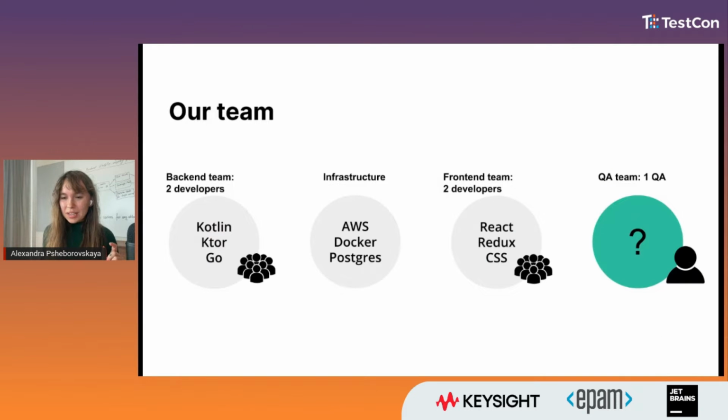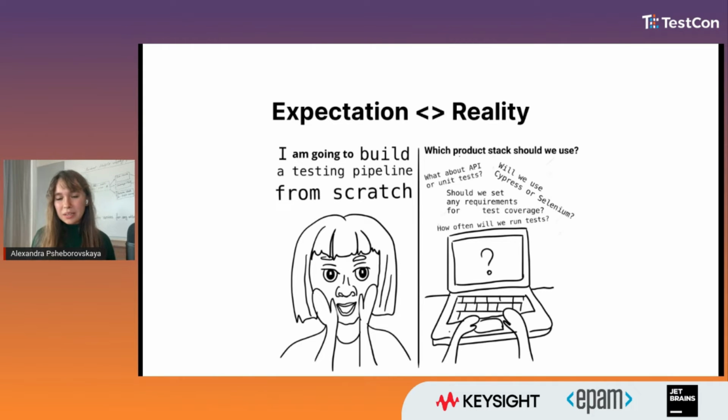And Codana Cloud is a classic web application with a backend and front end, and we started development with several backend and front end developers, and only one quality assurance specialist. Resources were limited, and tasks, as usual, were plentiful. Nevertheless, we wanted to build everything from scratch because doing so would allow us to provide the best product possible. And when we on the Codana team were dreaming about building a web application testing pipeline,